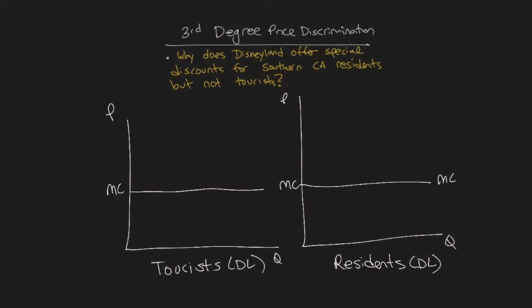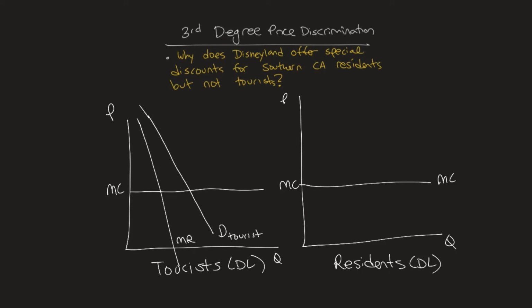Now, if you're a tourist visiting Disneyland, you're likely coming from a far distance, and therefore, when you come to Disneyland, the price that you're willing to pay can be higher than someone that is a resident, and therefore you may have very inelastic demand because this is your shot. You're here to go to Disneyland. The price, in fact, has very little impact. And the marginal revenue curve, of course, cuts the price in the demand curve in half,